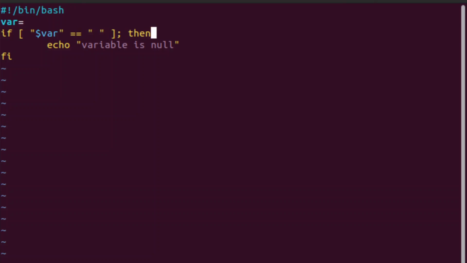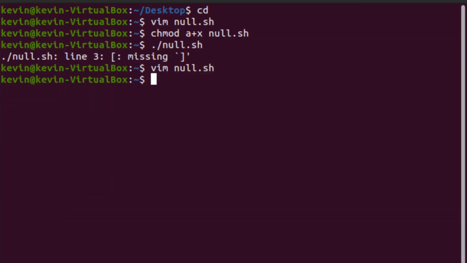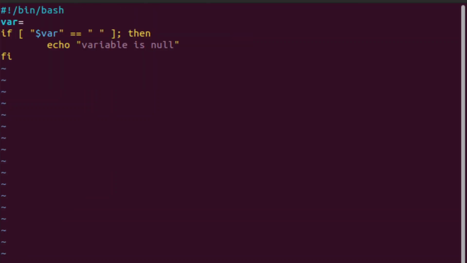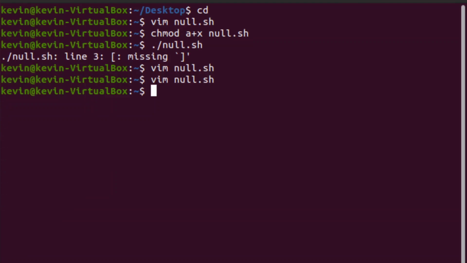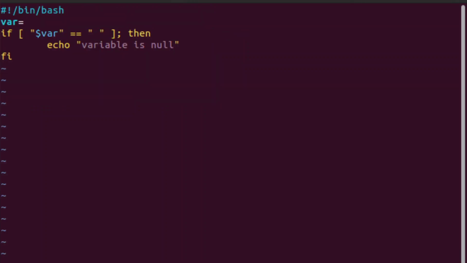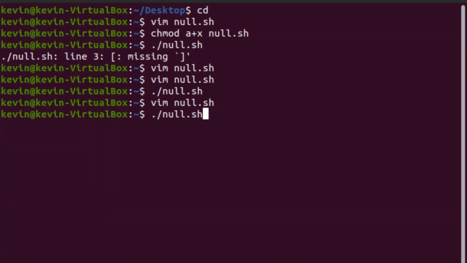There we go. That should fix it. Oops, I don't want to edit it. I want to run the script. There you go. So we set that variable equal to nothing, so it echoed variable is null,